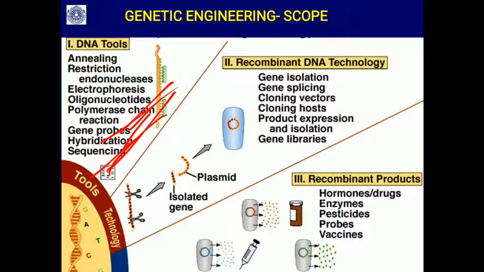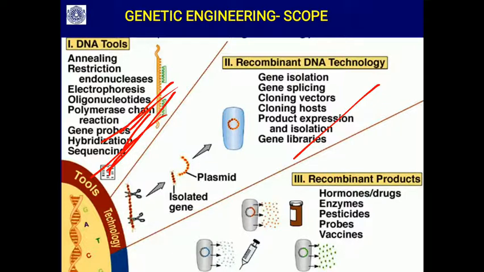That's how the different DNA tools developed from this technique, which are useful in agriculture, industry, medicine, research and all. Similarly, so many technologies developed: gene or DNA isolation technology, splicing technology, cloning vectors,